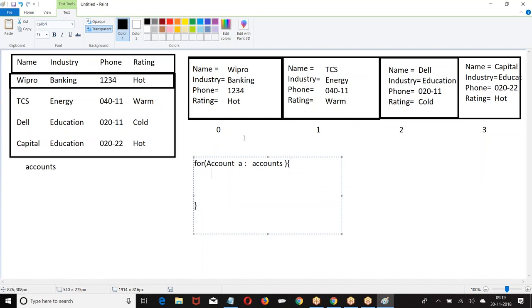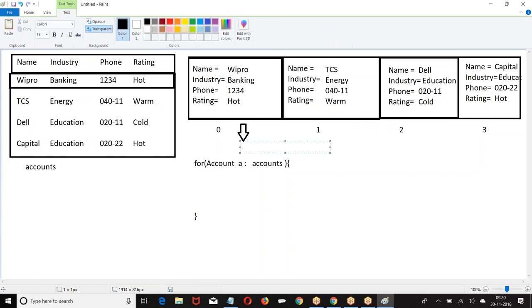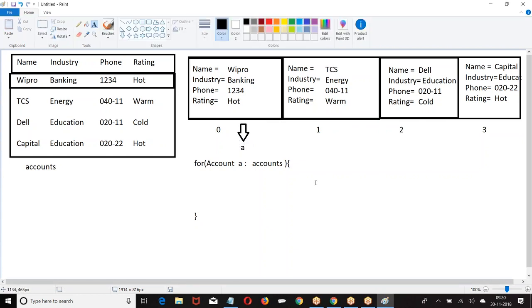Okay. Now when I give this, now in the list, A is referring to the first record.